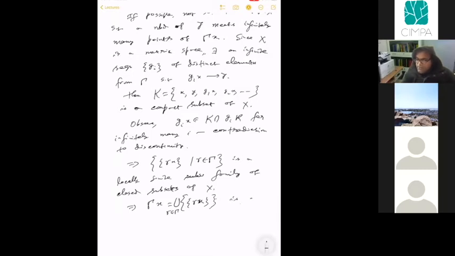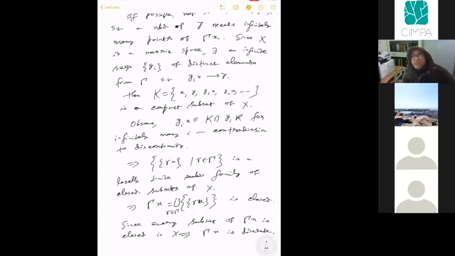This is closed. Okay, now since every subset of gamma x is closed in X, this implies gamma x is discrete. Okay, so this is the proof of the result that if you have a continuous discontinuous group action on